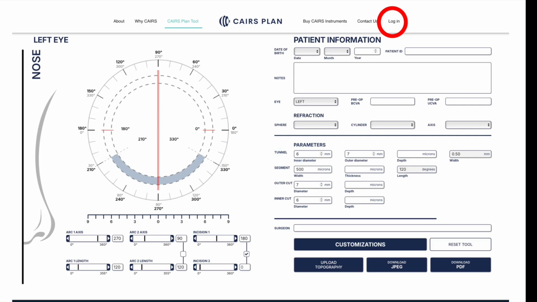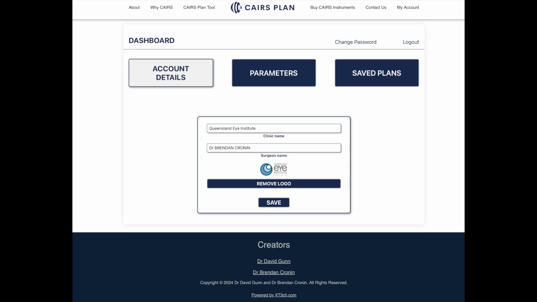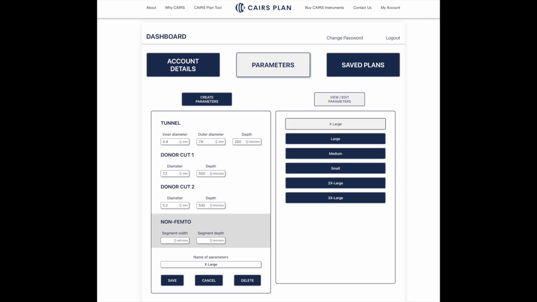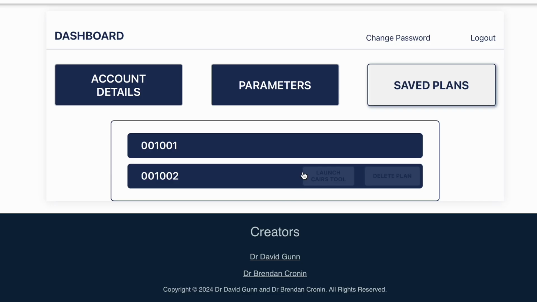Logins. You can now create your own login account for the site. This enables you to have two enormous benefits. The first of which is that you can save the normal parameters that you may use for your CAIRS procedures. Coming soon will be a publication of the Brisbane nomogram, our nomogram that's customised for different levels of severity of keratoconus. The second advantage is that you have the ability to save previous plans so that you can come back